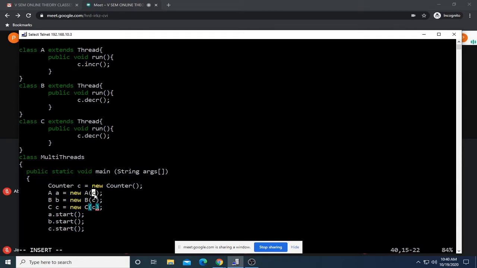So once you pass the object counter to the constructor of thread subclasses, you should also define one parameterized constructor. Otherwise, this leads to a compilation error. Let's make the change in the respective classes.